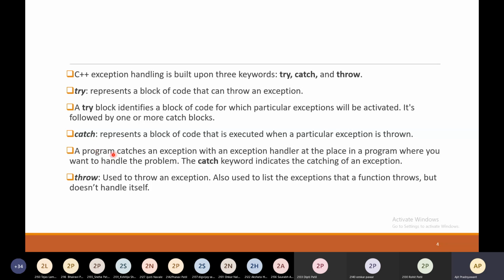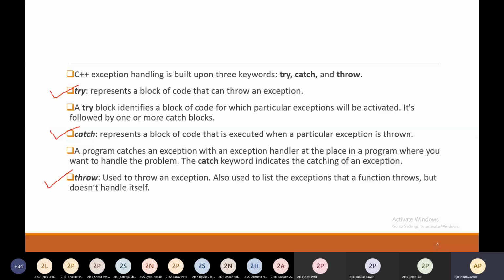So again, I am repeating, these are the three keywords in C++ which are responsible to handle the exception. First one is try, next one is catch, and third one is throw. What will try do?